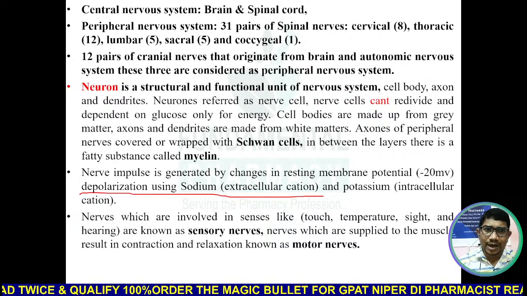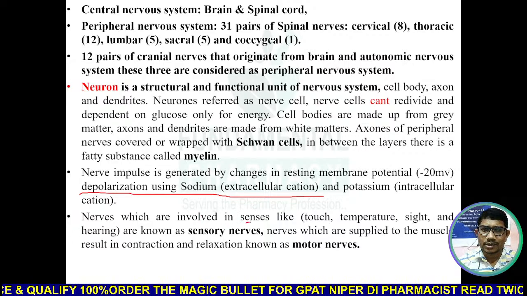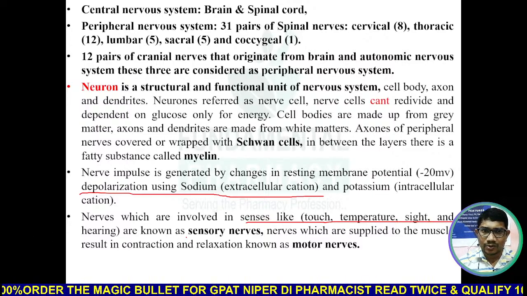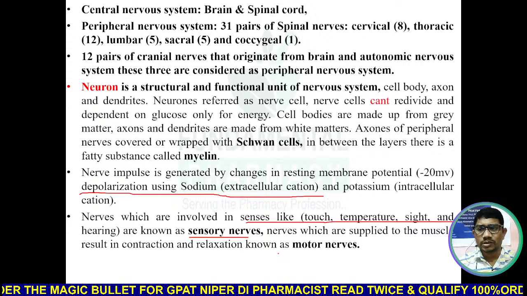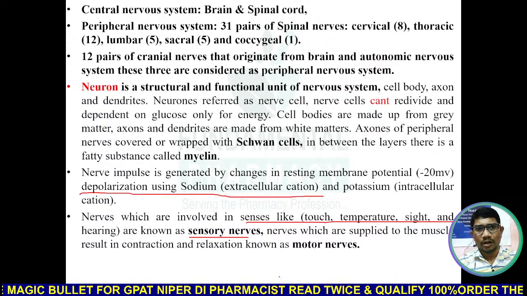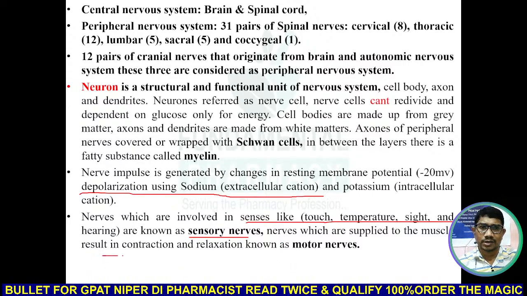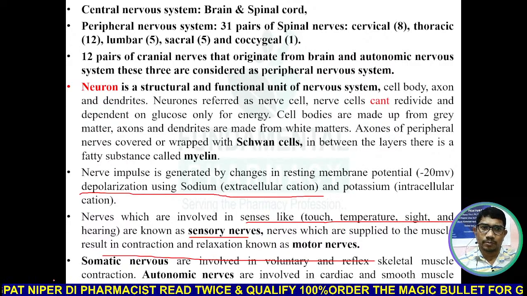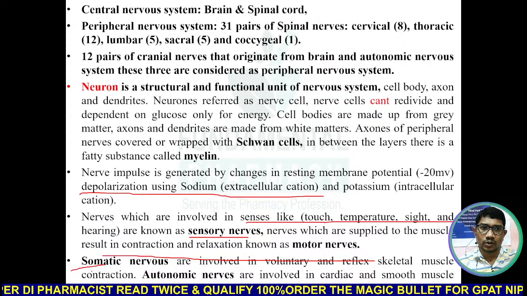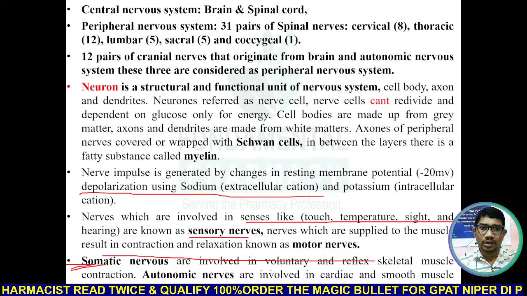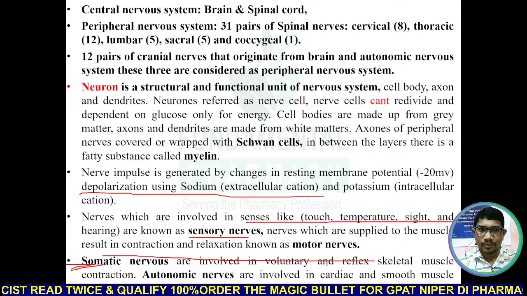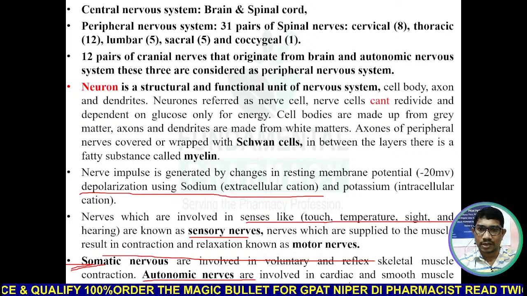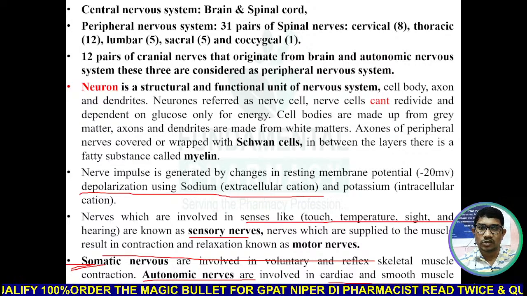Now nerves are involved in the senses like touch, temperature, sight and hearing. So they are known as the sensory nerves, and nerves which are supplied to a muscle, resulting in contraction or relaxation, are known as the motor nerves. Somatic nerves means they are under voluntary control. Somatic nerves are also known as the voluntary nerves. Okay. And autonomic nerves means they are not under voluntary control, जैसे cardiac muscle and smooth muscles of your GIT,